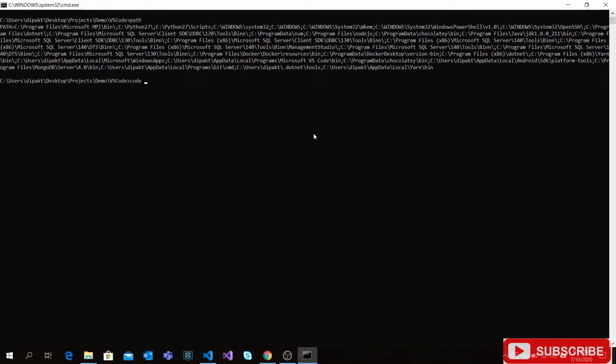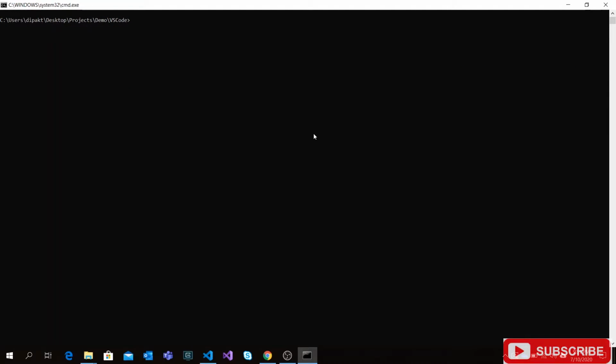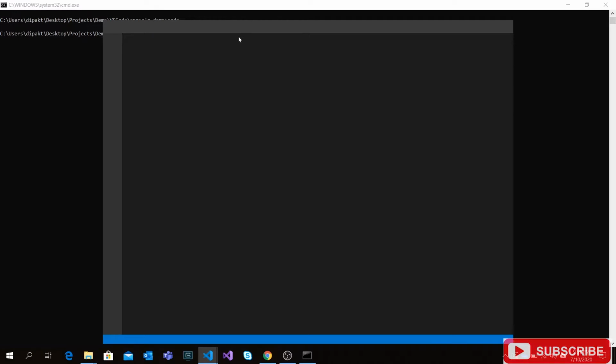If you enter the code command, it will launch VS Code. But I want to open our AngularDemo directory inside VS Code. So first, just navigate to the directory that we want and use code . to open the current directory inside VS Code.